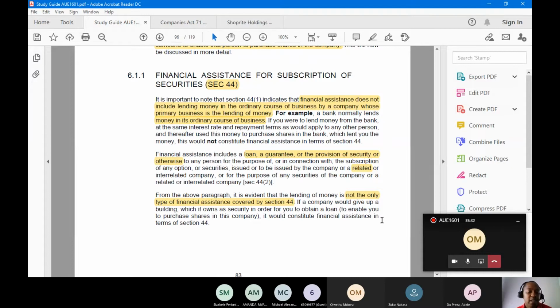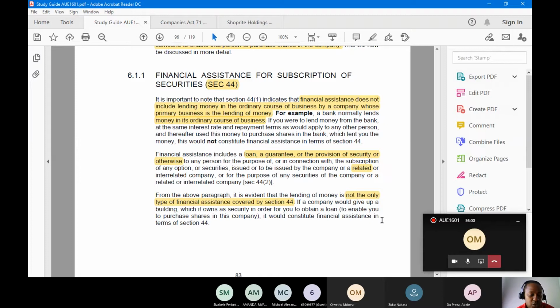For example, let's say I'm still one of the directors of the company. I'm applying for a loan from a bank to use the money to buy shares in the company that I'm working for. But now, let's say the company says, look, we do not have money to give to you. Maybe you can ask for funding somewhere else, and then we can act as surety for that